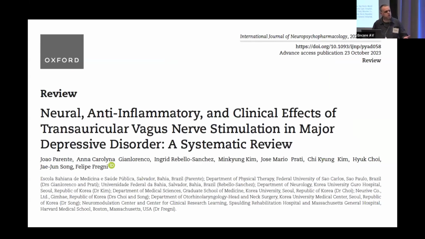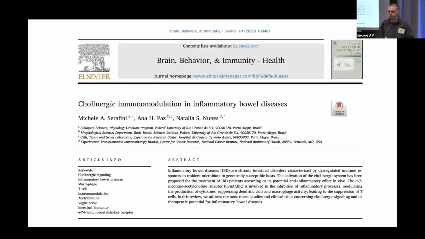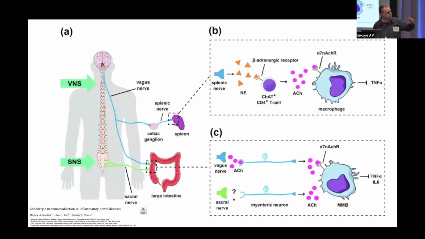There is, of course, a major anti-inflammatory component that I think links nicely with the previous topic here in terms of microbiome and inflammatory effects. Stimulating the vagus does seem to have a significant impact on depression. And it seems that one mechanism here might be through cholinergic-mediated immunomodulation, not only via the vagus direct connection to the colon, but unexpectedly for me, the vagus is innervating the spleen heavily. And the spleen is an important immune center.